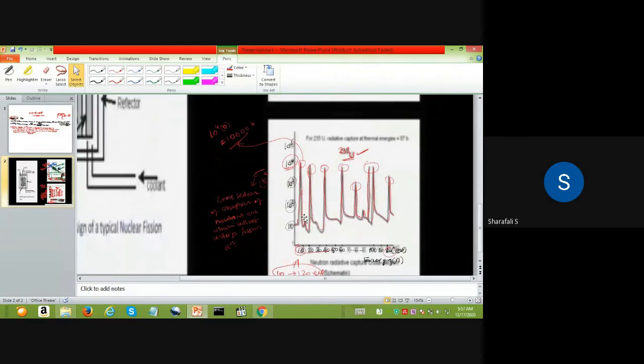that is not visible here. So here it is. I just write here uranium-235. For uranium-235, this cross section, that is the absorption cross section, or I can say the radiative capture cross section for this uranium-235,